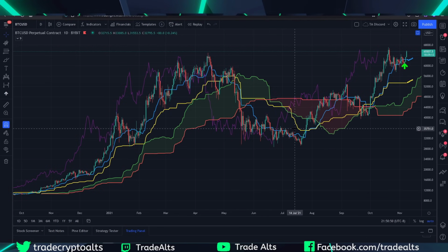So just to give you an idea of what I'm going to be looking for as far as trend change, and why it's really important to pay attention to these signals. So, going back